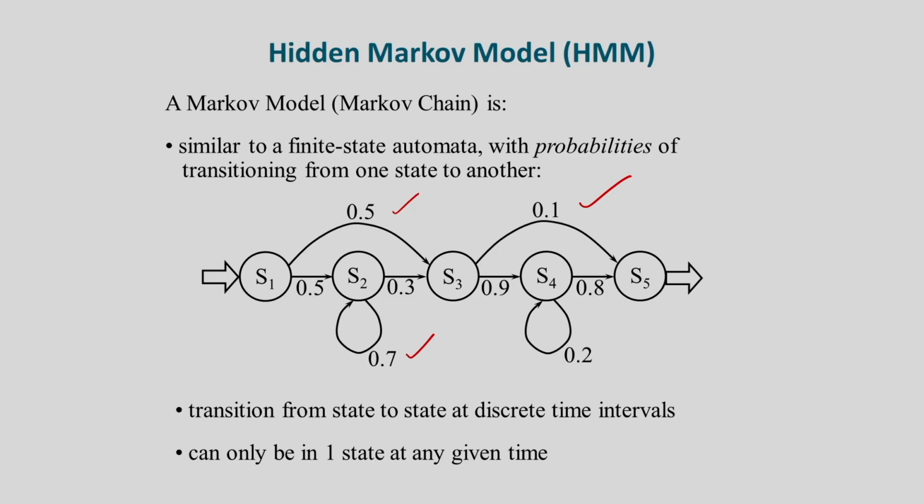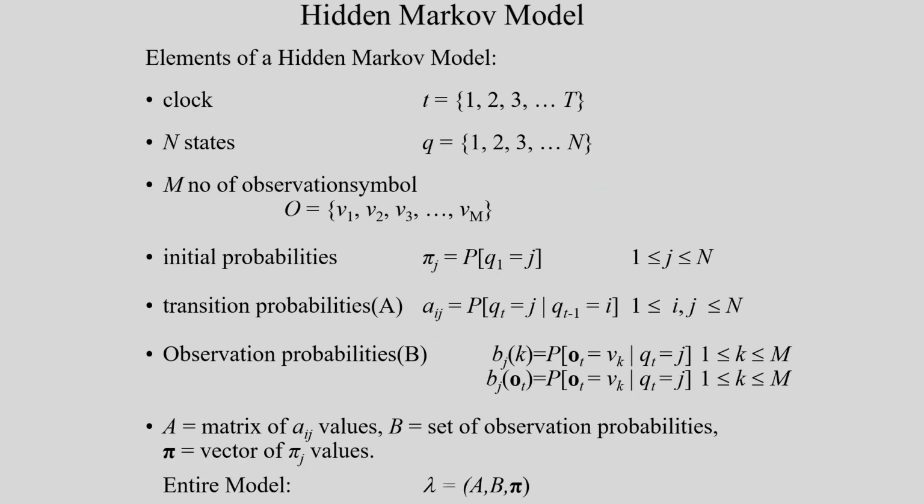So what is visible? Only the outcome is visible. That is, it is only the outcome, not the state, that is visible to an external observer, and therefore the states are hidden to the outside, and that is why the name is the hidden Markov model. So that is the brief concept of the hidden Markov model.